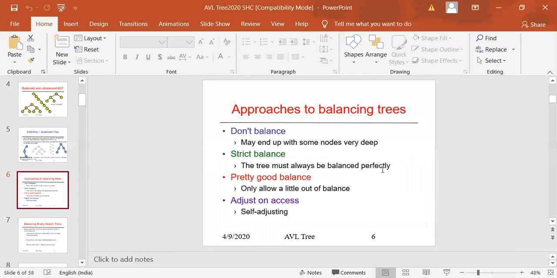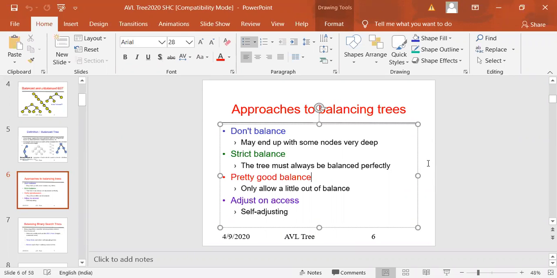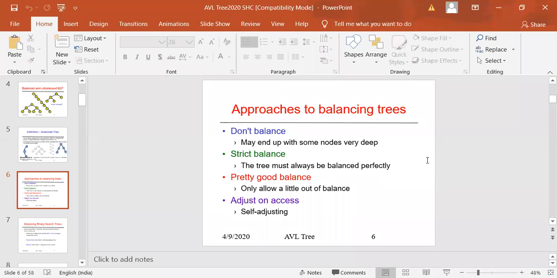Okay, now is it visible? Yes. Okay, good.